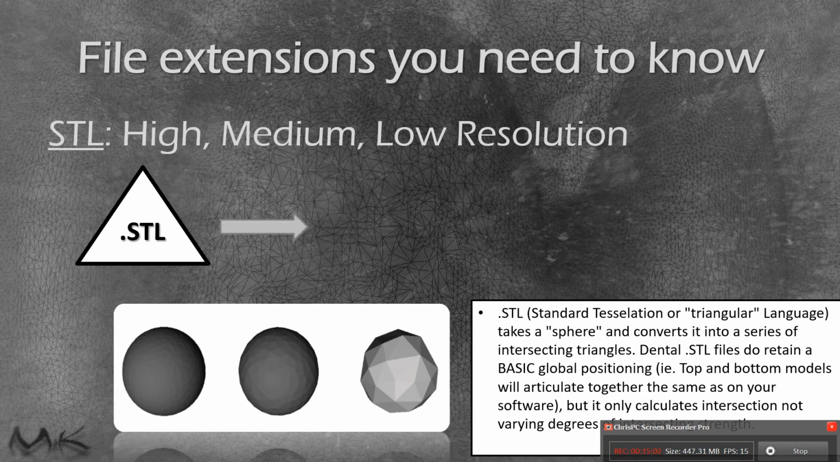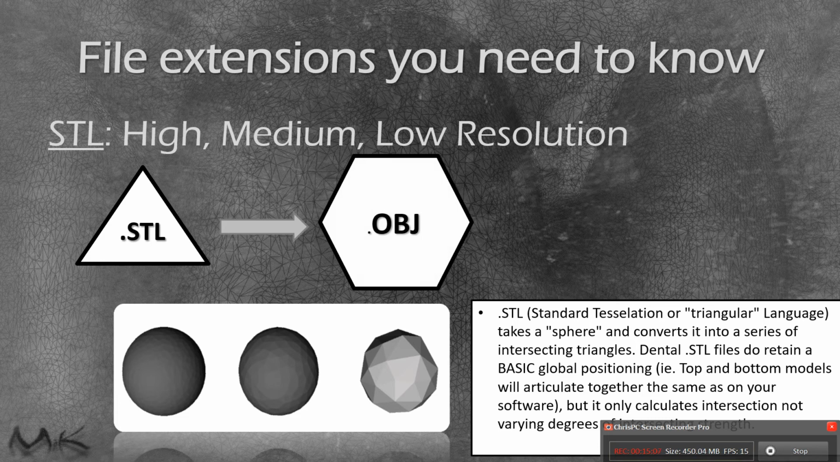But as our files are progressing and as our scanners become more and more open, we have things like OBJ files or object files. What an object file does is it advances the types of polygons that it can actually create within the surface. So instead of having a series of overlapping triangles that don't share any vertices or apices, we can actually have an OBJ file which can combine some of these triangles into different shapes of polygons. Now with this, the OBJ file tends to be a little bit larger, but it tends to give us a